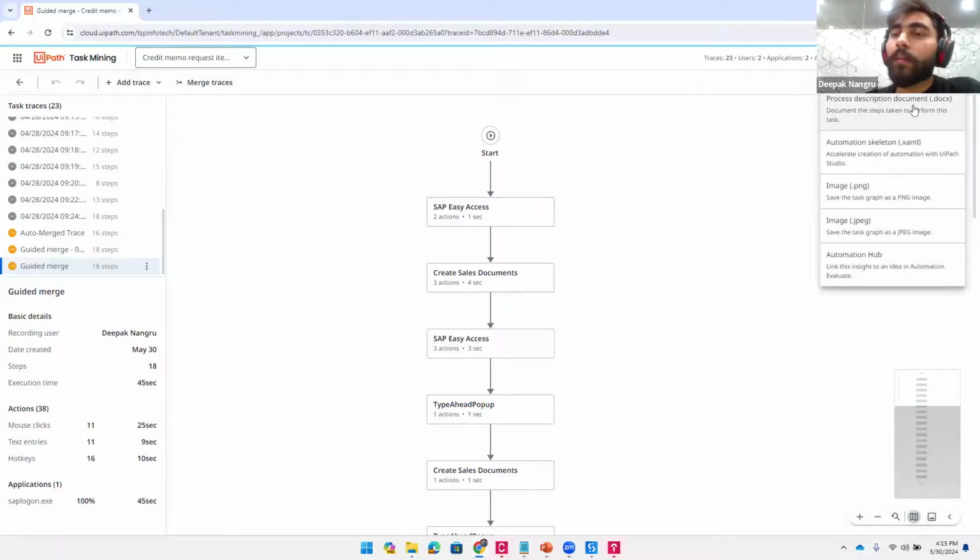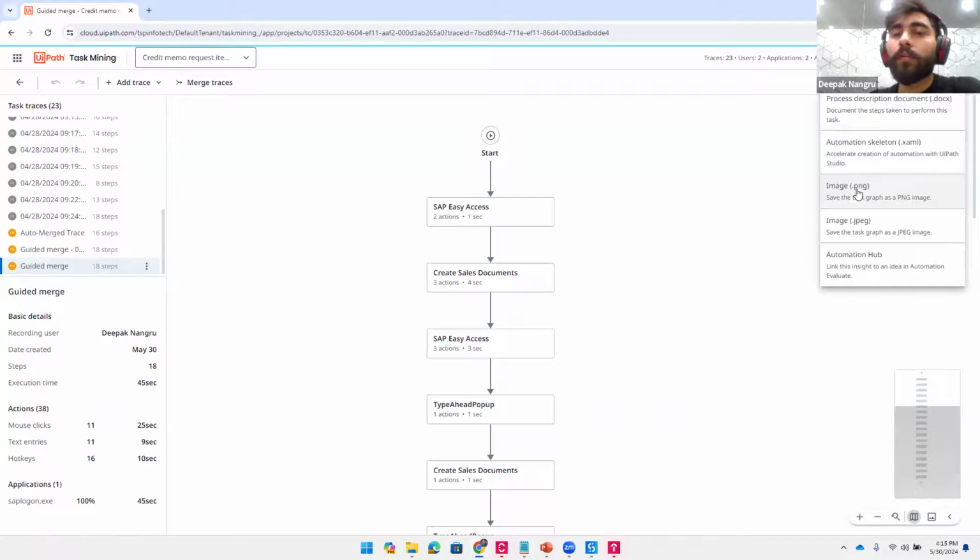We have a process definition document with a complete detailed definition and description that the BA is providing, with all the screenshots and the flow chart. You get a complete PDD document. Then you have the automation skeleton. In the automation skeleton, it shows you how the code looks. It creates a basic template of the code. Like it has a use application, a click activity where you are clicking, and a type into activity for the values that you are typing. It will create that. We'll see both of them.